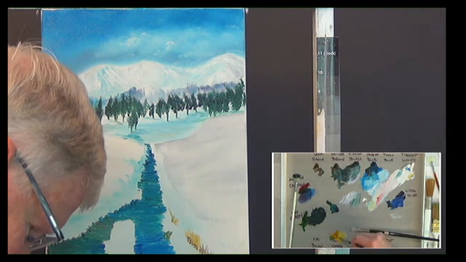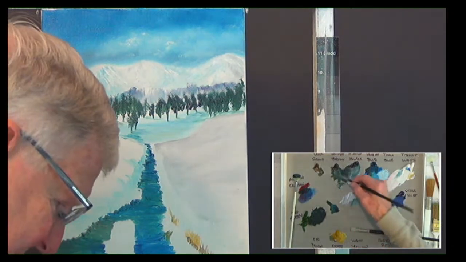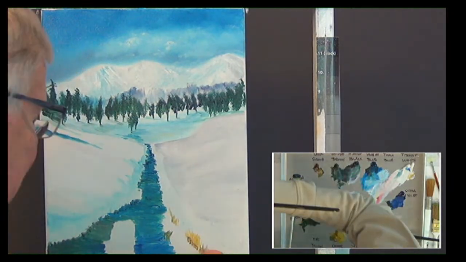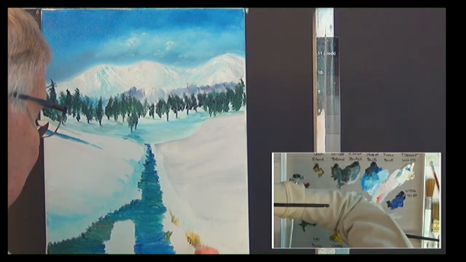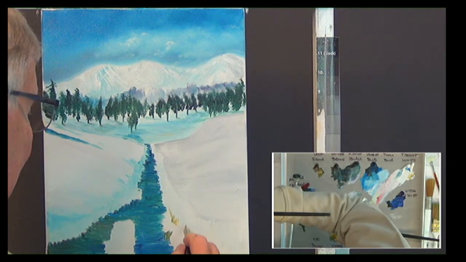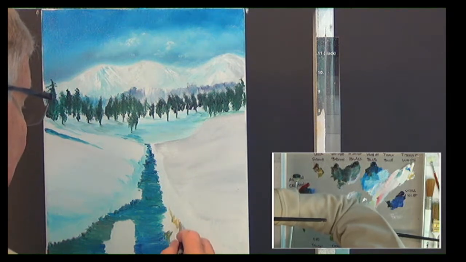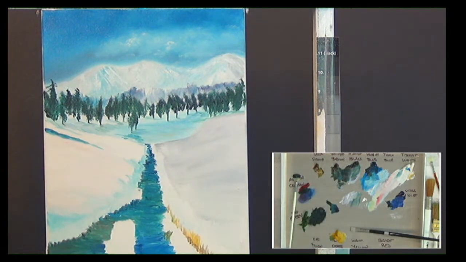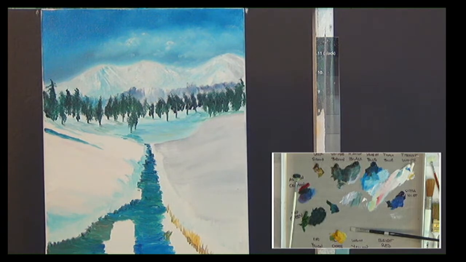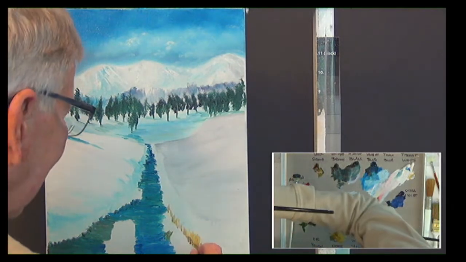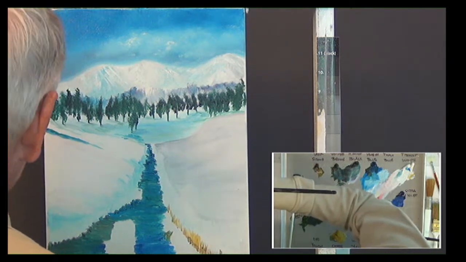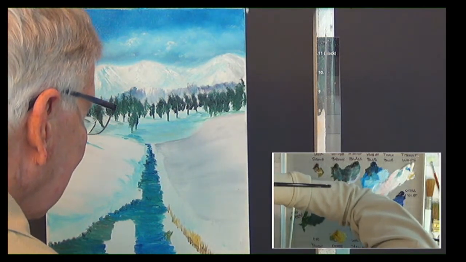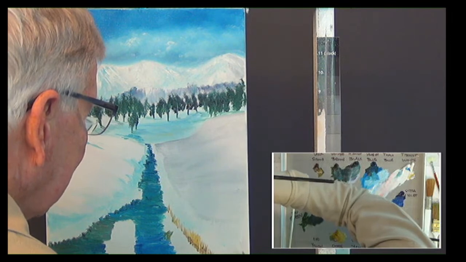Okay. The angles I'm showing on this particular part also tell you this is almost a vertical side over here on the right, just because I got them going straight up. I'm going to come back and put a little bit of snow over the top of those so that it looks like they're being covered by snow. Right now I'm just kind of pushing up into that,